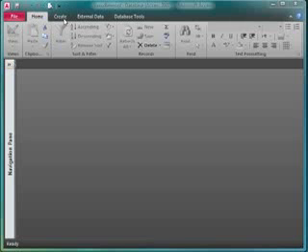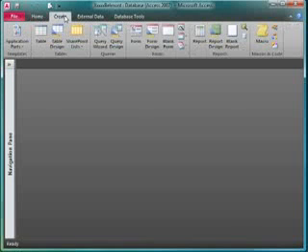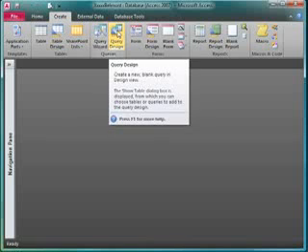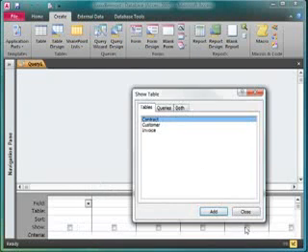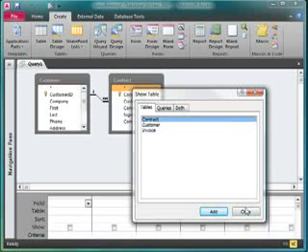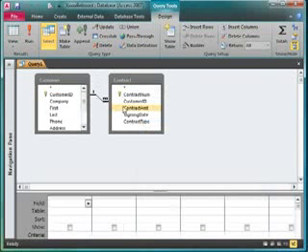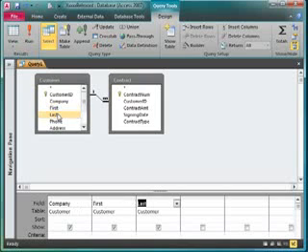So let's start by clicking Create. I'm going to create in Query Design, and I need the Customer and the Contract table. So I'll bring in Customer, Contract. The two tables will show that they're related. The fields that I've been asked to add are at the top of page 133, and they're company, first, last,